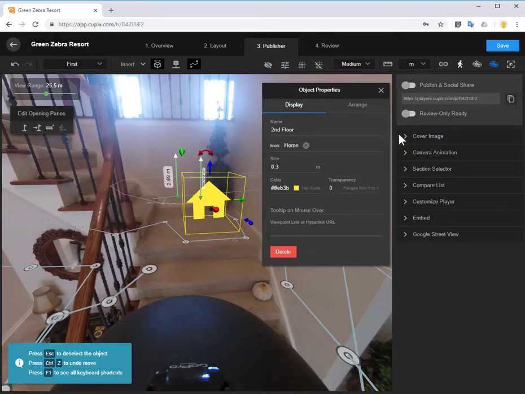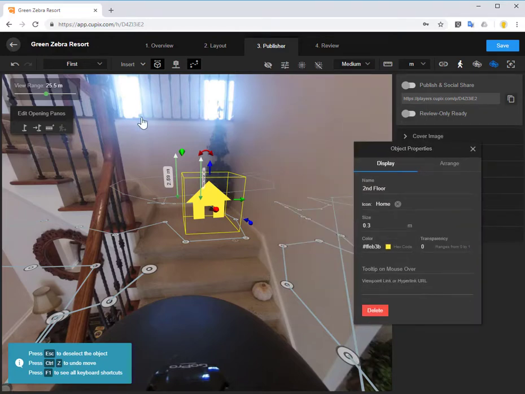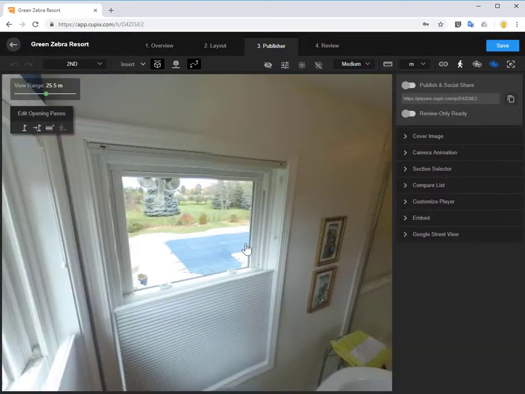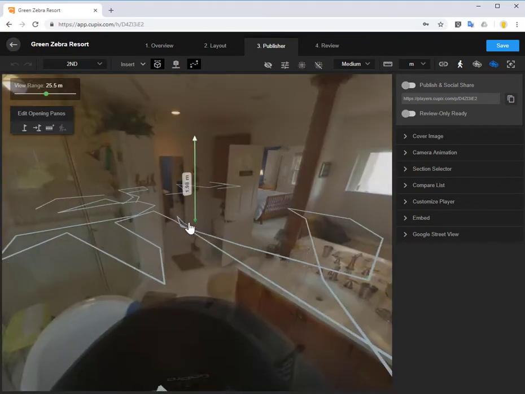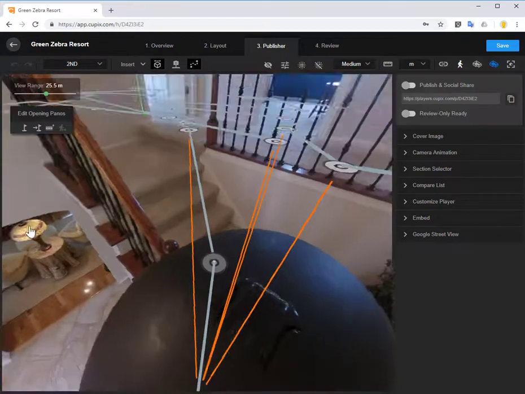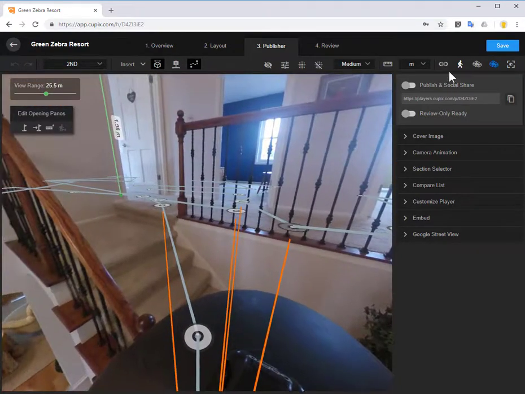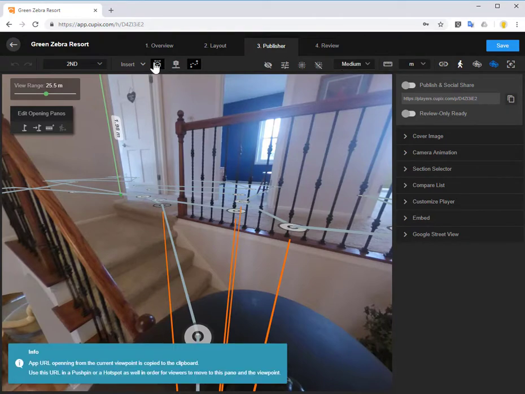So right now my cursor is isolating that. If I go to the second floor, then I can navigate to, yeah, this is the second floor, so I can navigate here, and then there's this link button. Right here we have view and resolution and measure and different ways to view. This is a link to the current viewpoint, so I can copy that viewpoint. And now if I go back to the first floor,